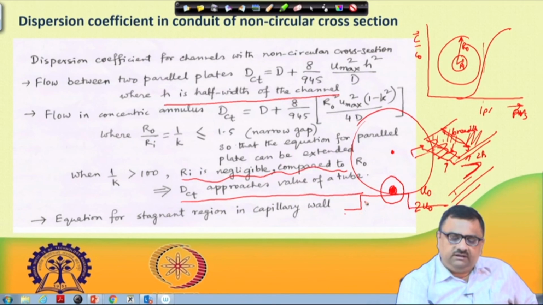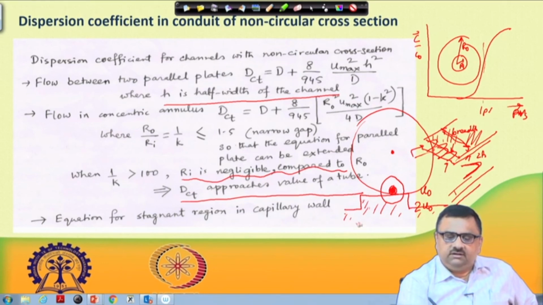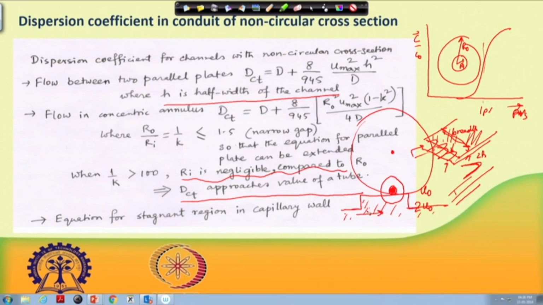Originally, to start with, let us say all concentration was 0, and then now you have given a concentration C0. Now it is penetrating there. The flow was taking place through this cross section, but here there is a static pool sitting there. As the fluid travels past the static pool, there would be some amount of diffusion taking place with the stagnant zone. So, essentially what you would see in this case is the flow is arriving at the outlet, but